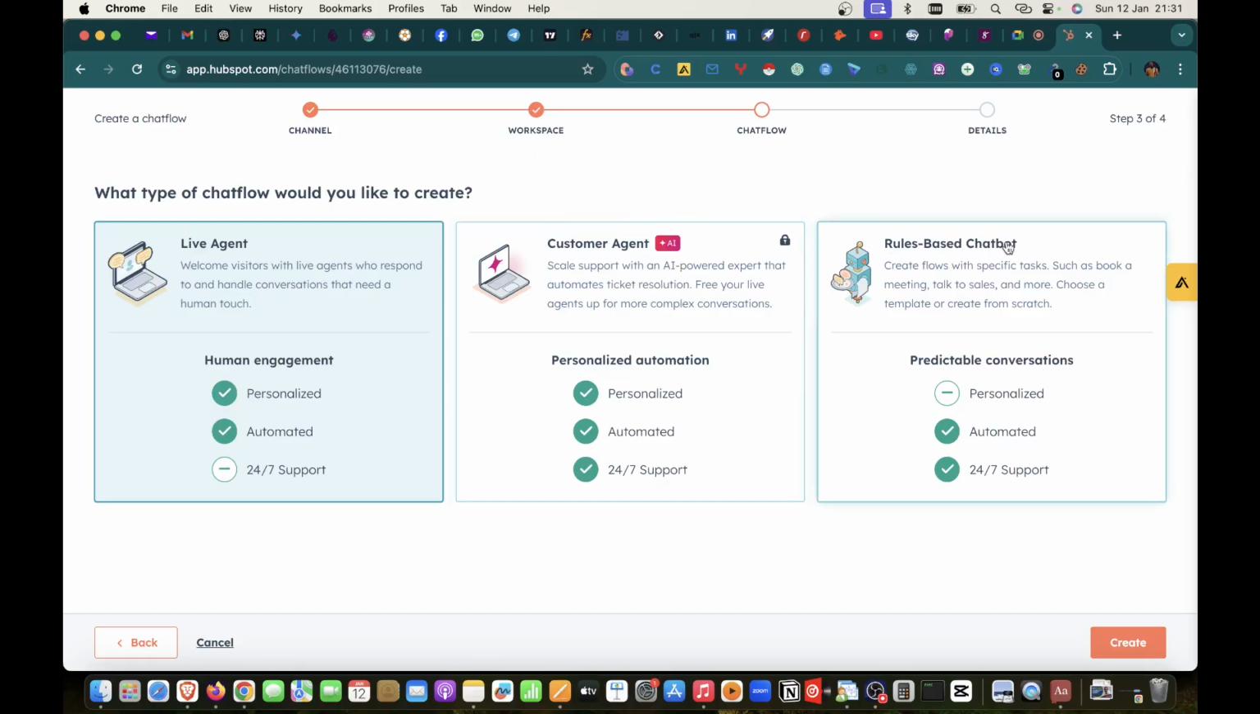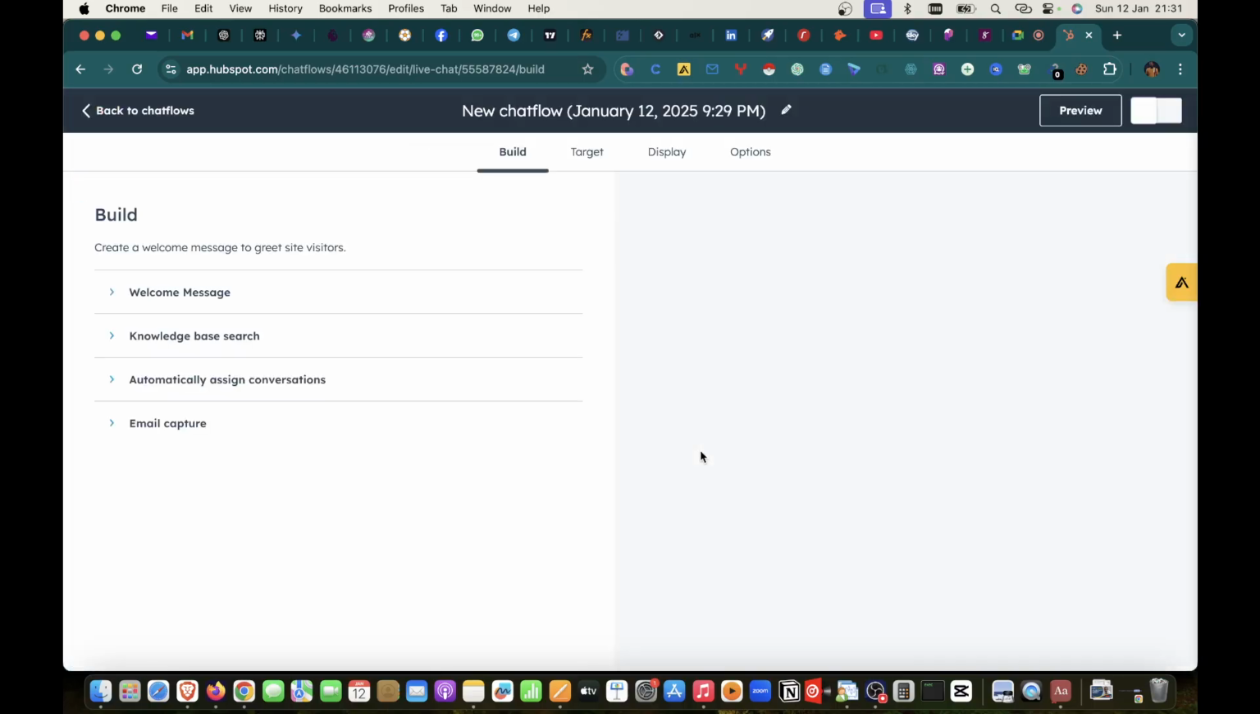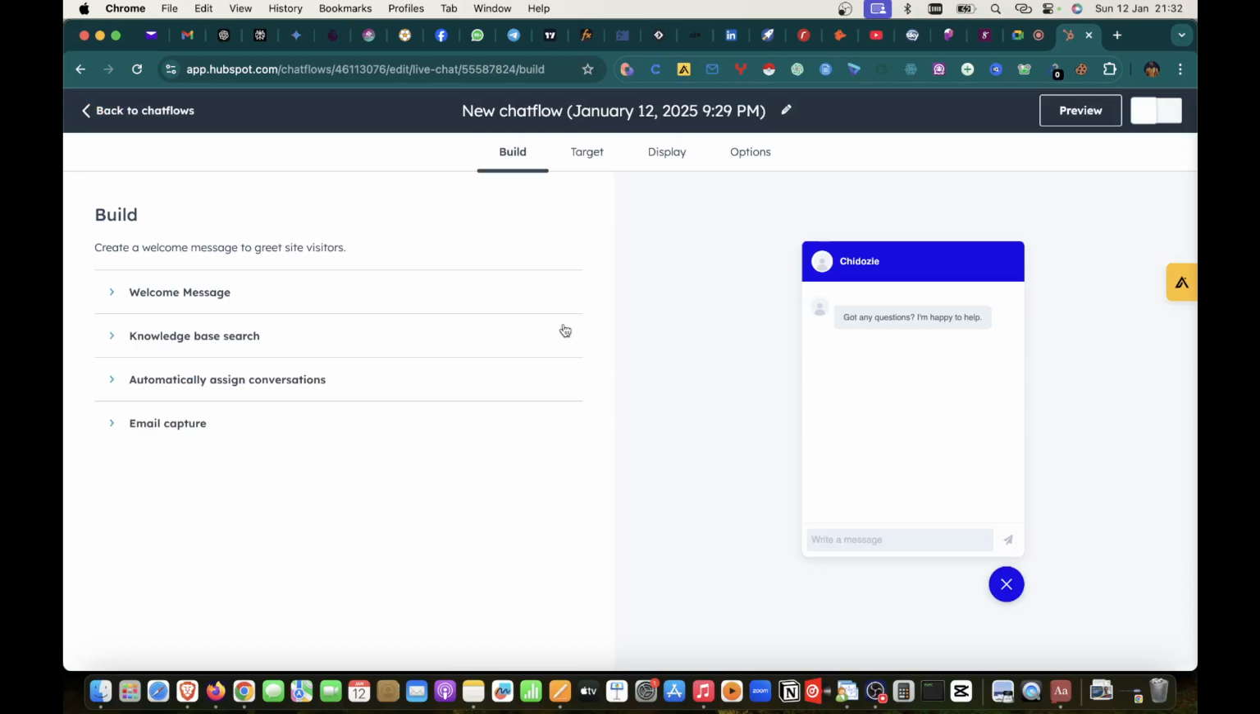Then we have rule-based chatbot. I think this one is new. I've not seen it before. Create chat flow with specific tasks, such as book a meeting, talk to sales, and more. So this one should come with a template that will enable the person to choose what they want to do, and from there they will be linked to a live agent. So what we are going to do today is create a live agent, then click on create. Okay, so now it's going to bring you to this page where you will set up